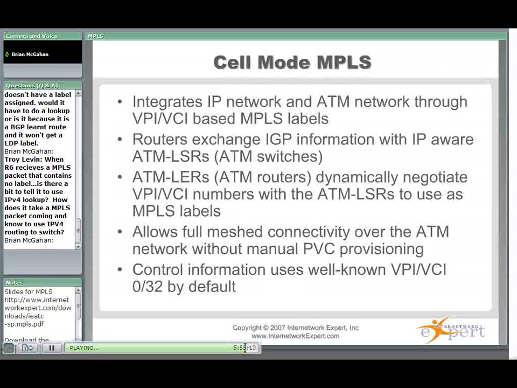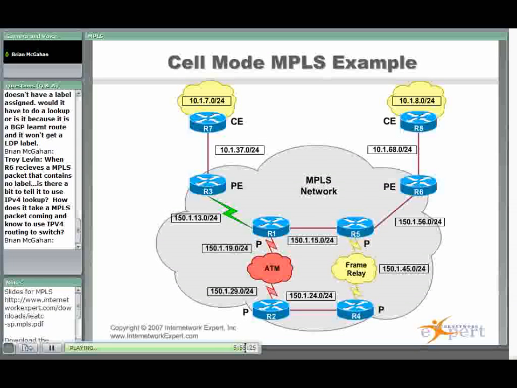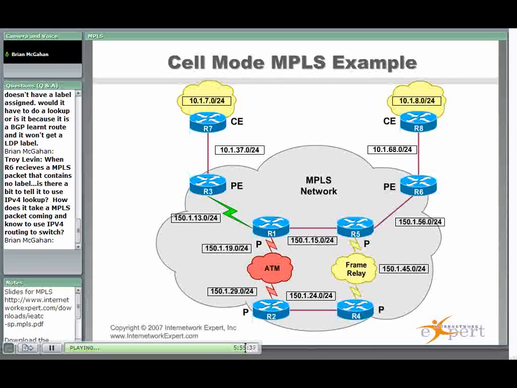Okay, the last thing that I want to talk about today here real quick is the cell mode MPLS operation. What we looked at so far is called frame mode MPLS. Basically, frame mode MPLS is just any MPLS that's not running over an ATM interface. Technically, you can run frame mode MPLS over ATM, which is what we were doing earlier,